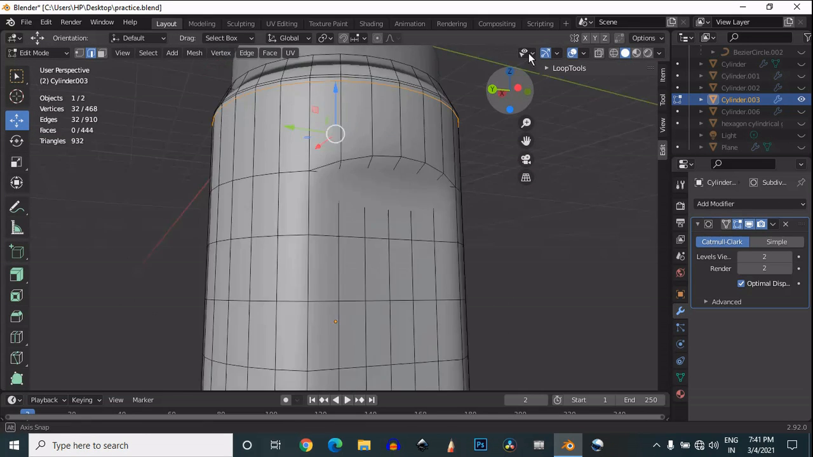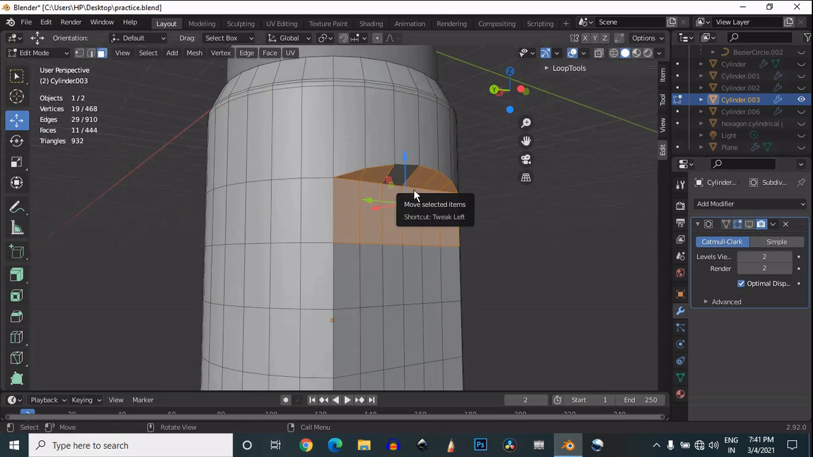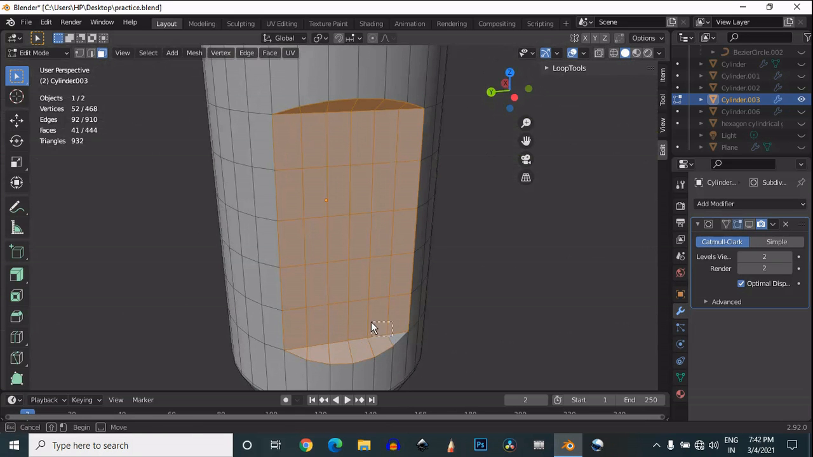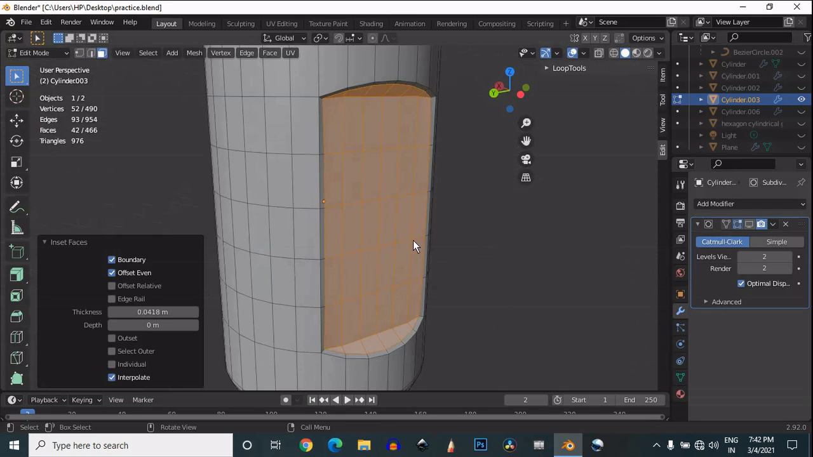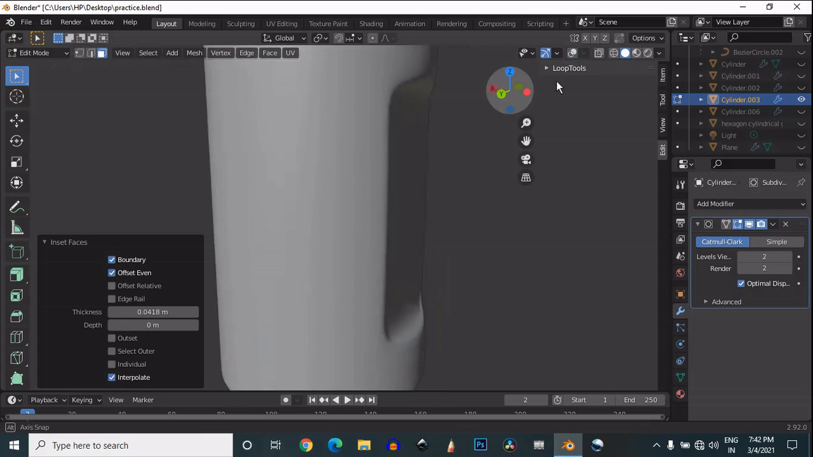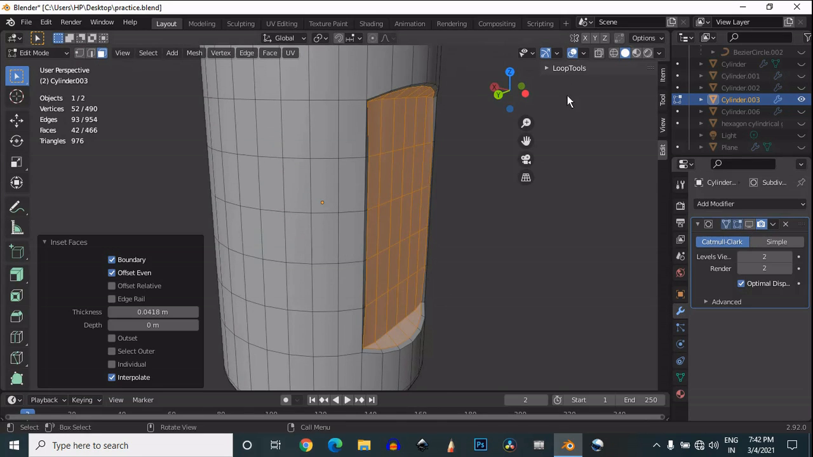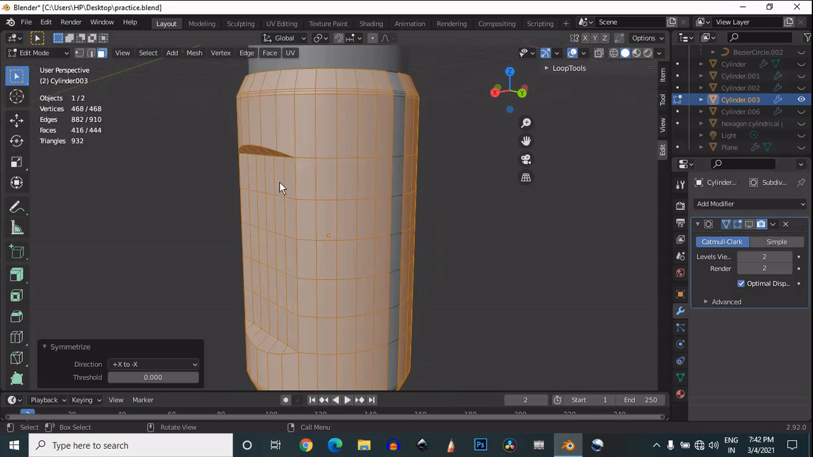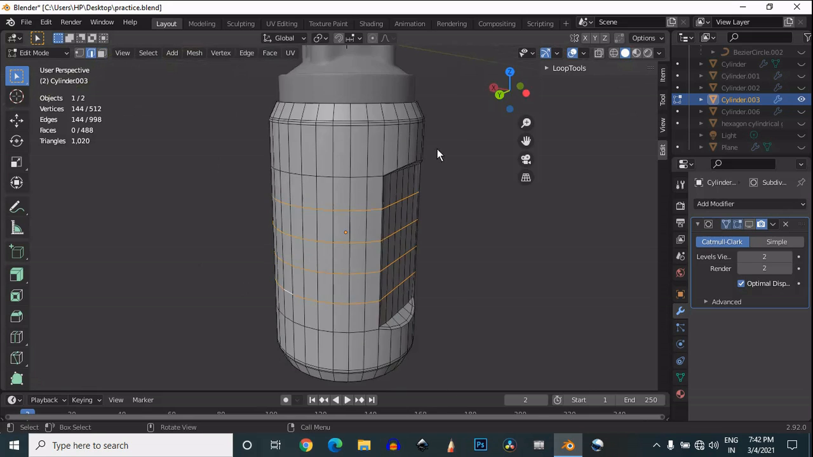And now you can select these faces. Just select these faces and then you can use the insert operation. So press I to insert, which will help you to maintain a better shape. You can see. Then use the symmetrize, and now you can select these edges,